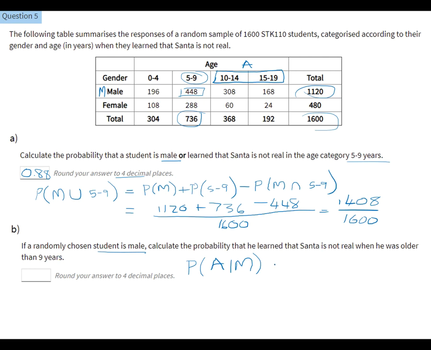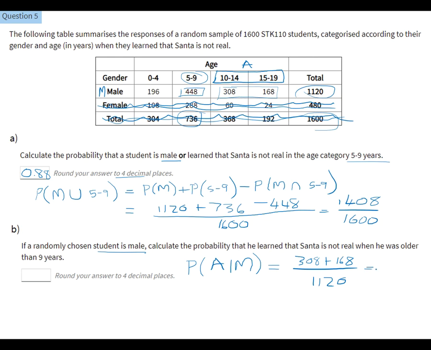So to do this, we are just going to calculate the sum of these two values here, so that the person is in these two categories. Remember, we're only observing the males here. So to make it easier, let's just scratch this out. We are not interested in any of these values anymore because we have been given that we are dealing with the males. So we are only working with 1,120 people. And of those 1,120 people, you have 308 plus 168 in the categories 10 to 14, and 15